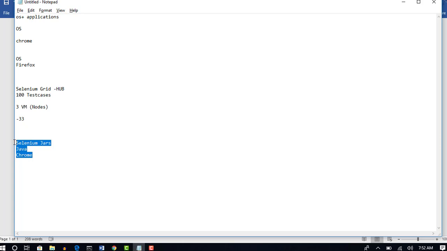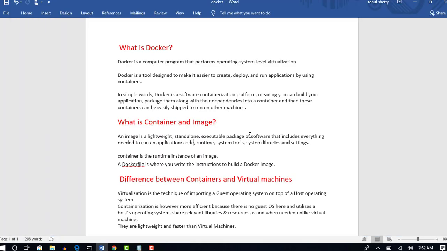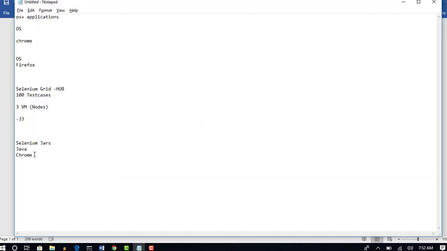In our scenario, we need all these three software, so we will create one image that includes everything needed to run our automation test cases.